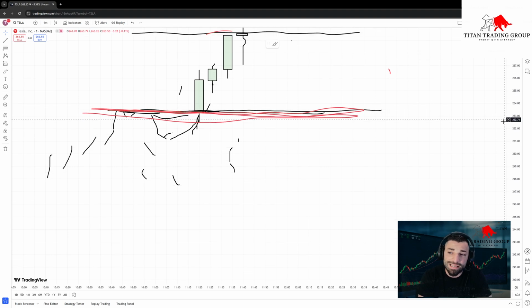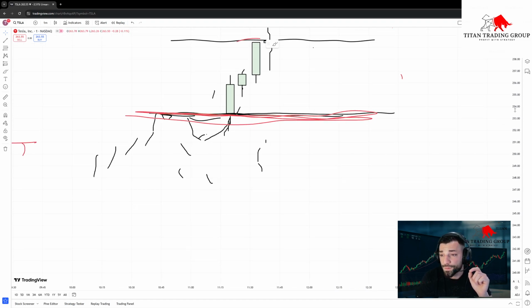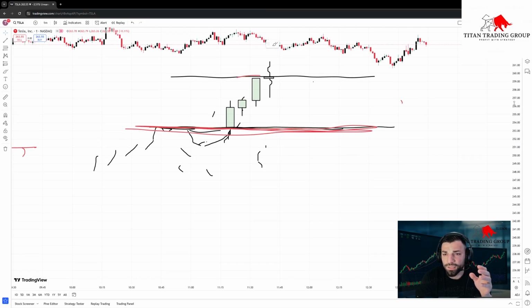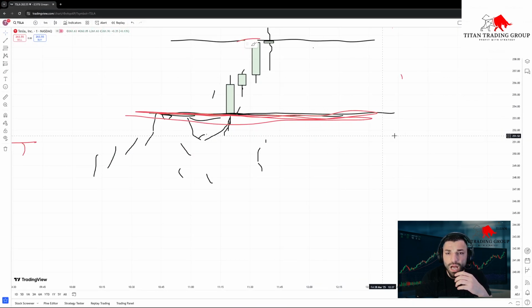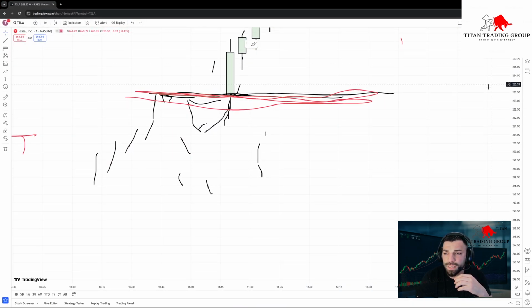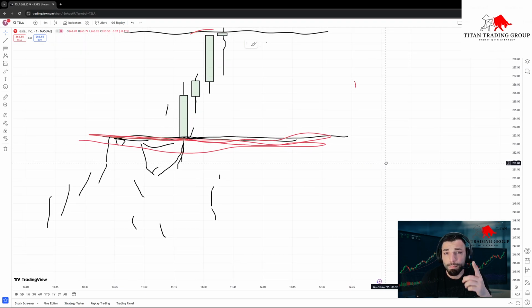So like Tesla, a dollar move may not be that big because it's a $252 a share stock. But for example, let's say it's a mid cap stock about 30, 40, $50, a dollar move is a lot. And there's a psychology behind the dollar moves. We'll talk about that in a different time period. But the psychology behind dollar moves, meaning that usually I like placing my buy and sell orders around